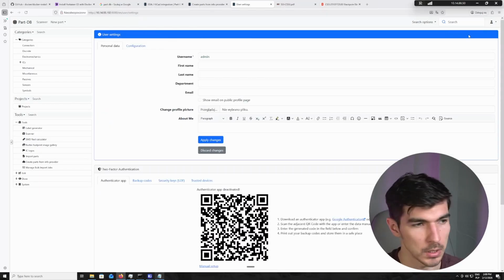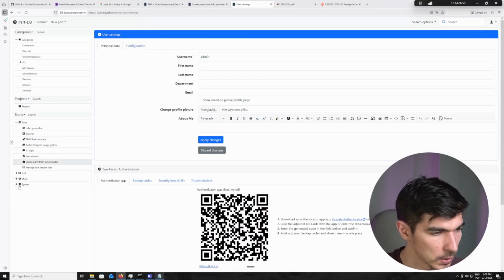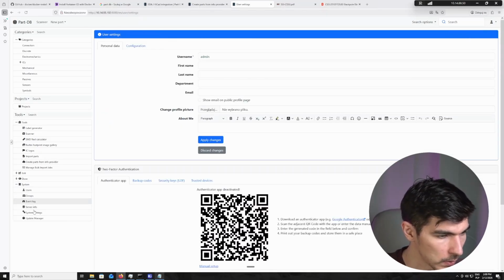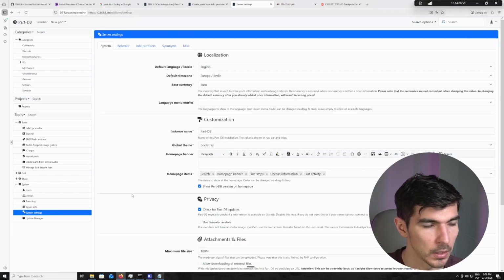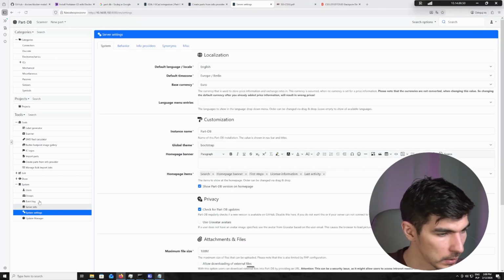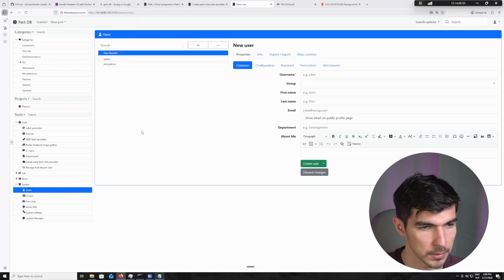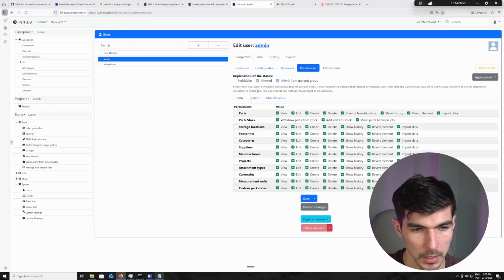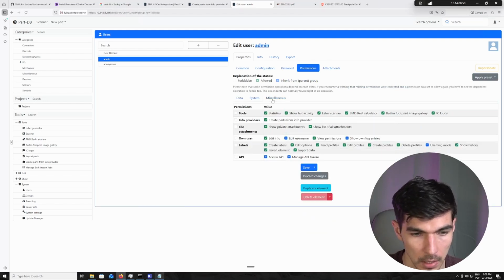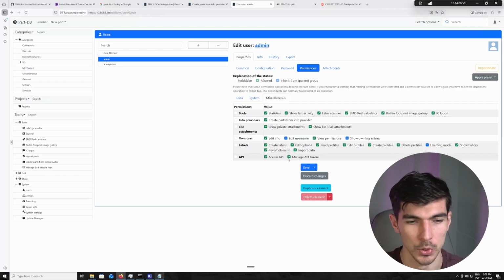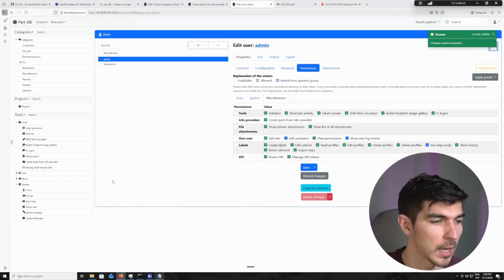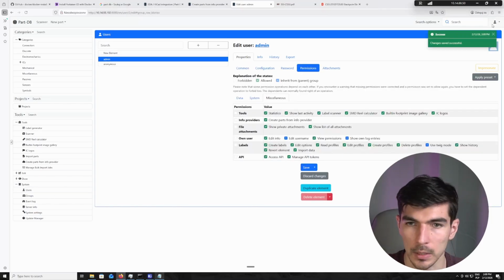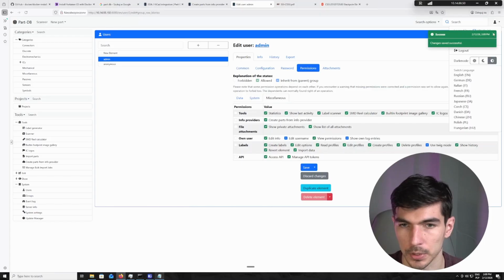So you first need to go to the system settings, if I remember correctly. And let me see. Okay, we go to users, and we find us, which is an admin, and we go to our permissions, and surprisingly, admin doesn't have permission to API by default, so we need to change that first. We save it,